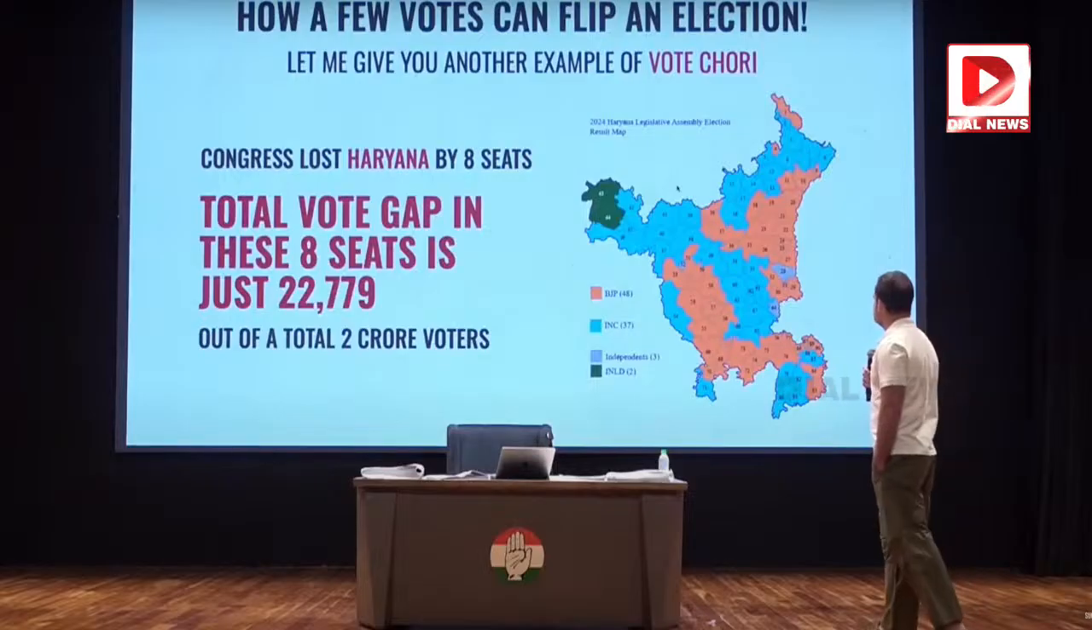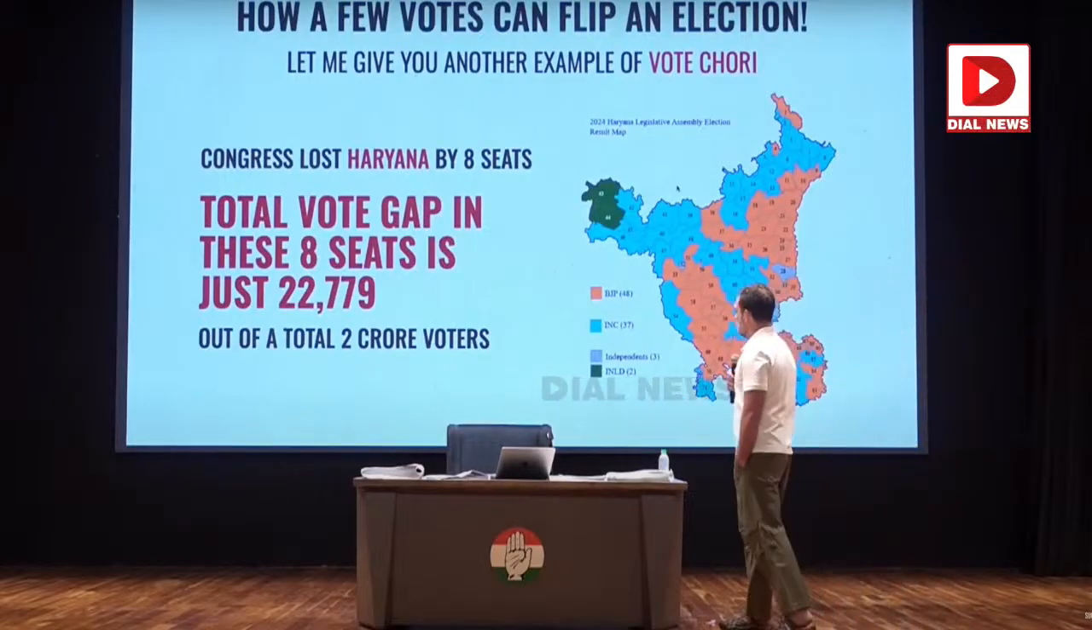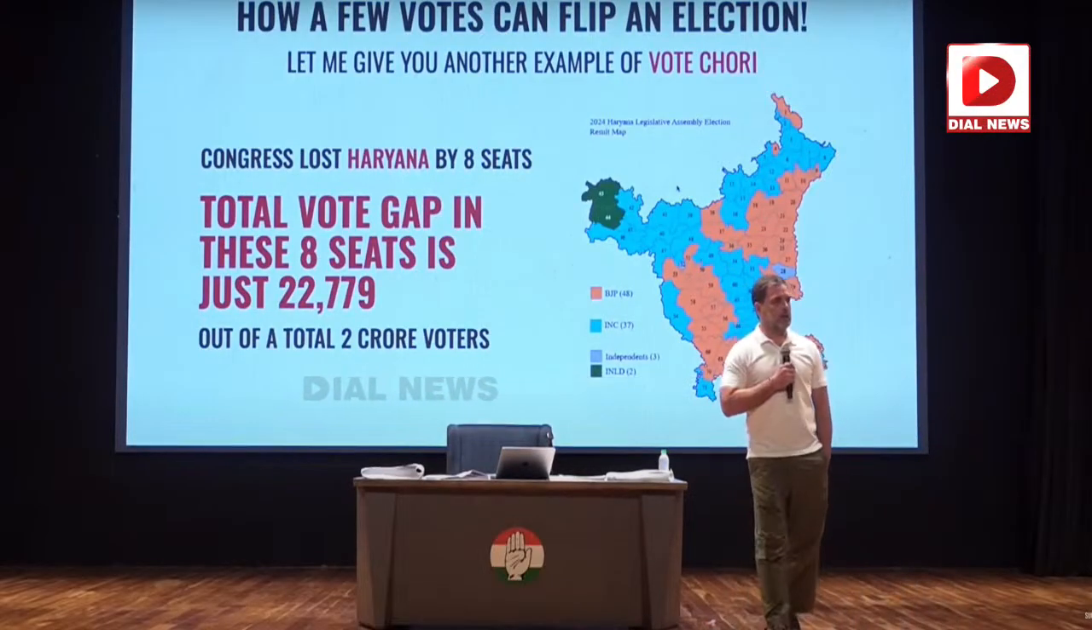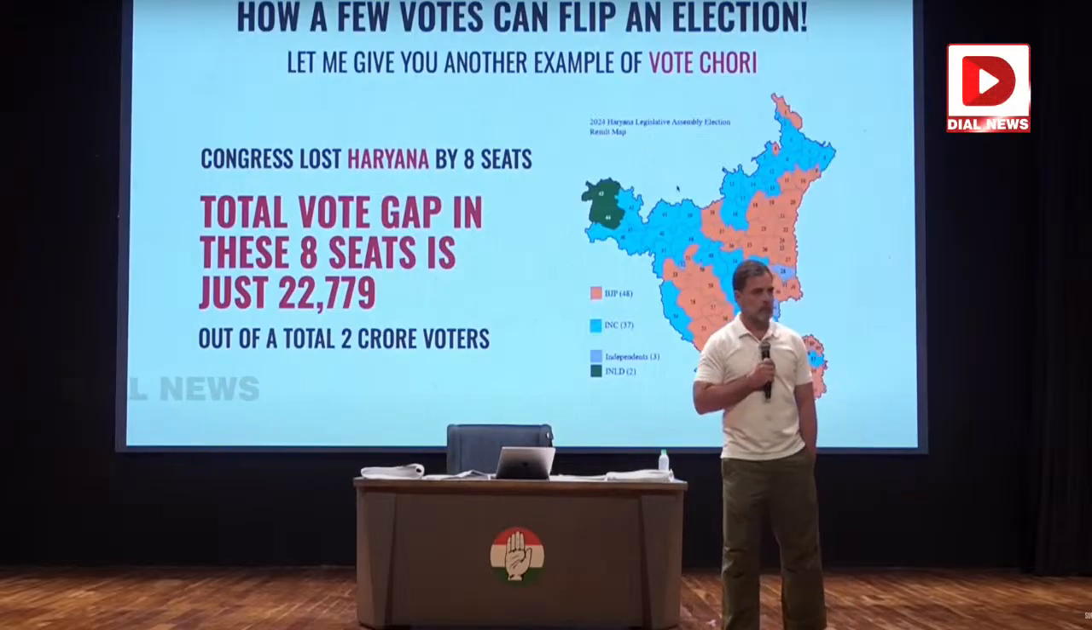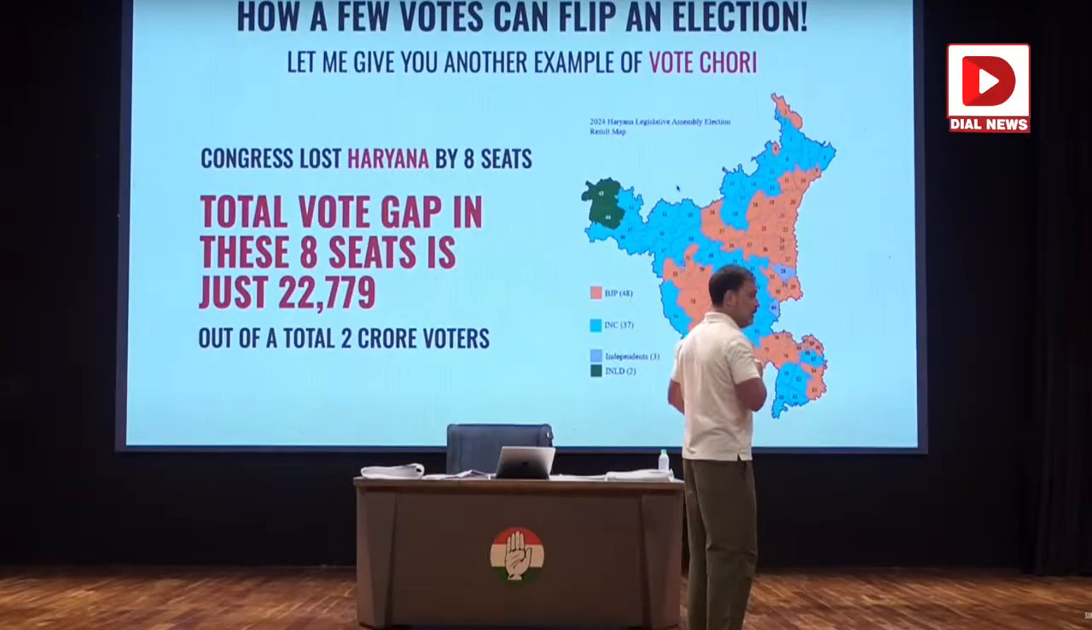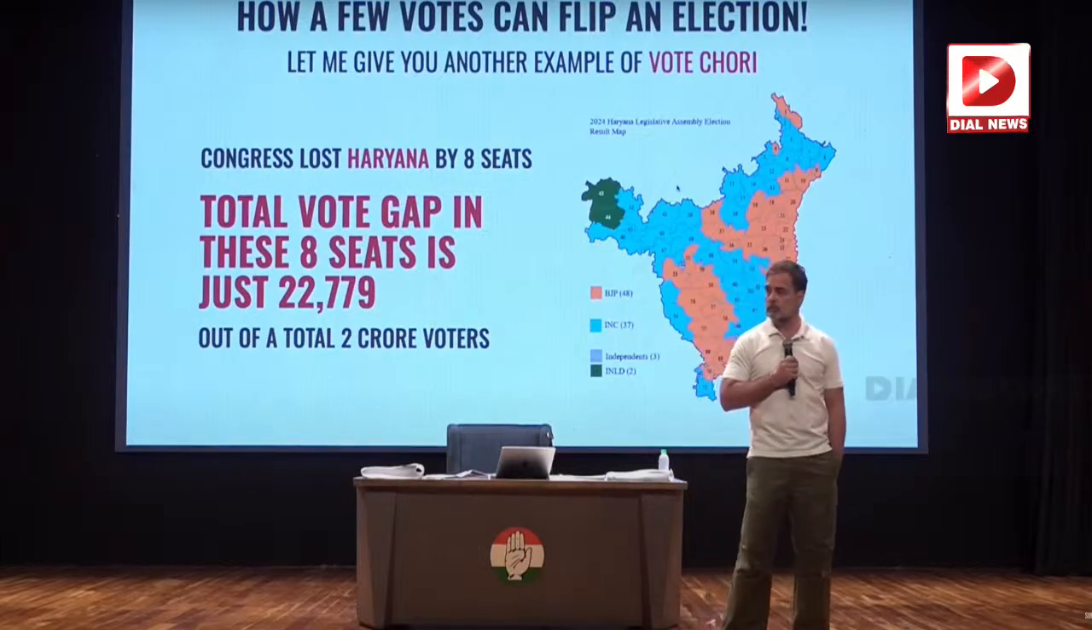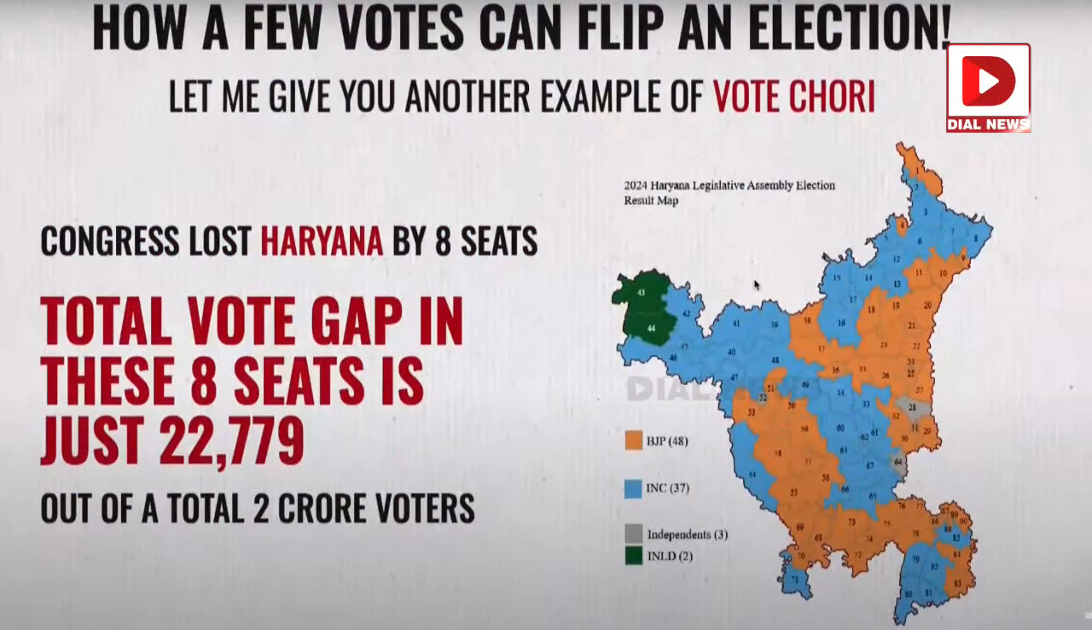Next one. To give you an example, the difference between winning and losing the Haryana election for the Congress was 22,779 votes in the entire state. In one